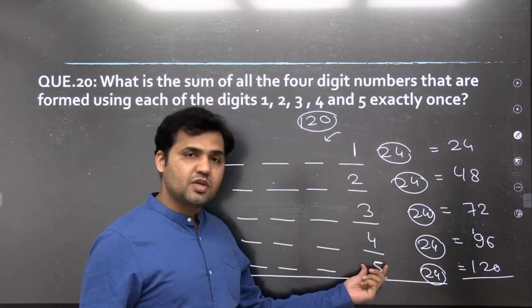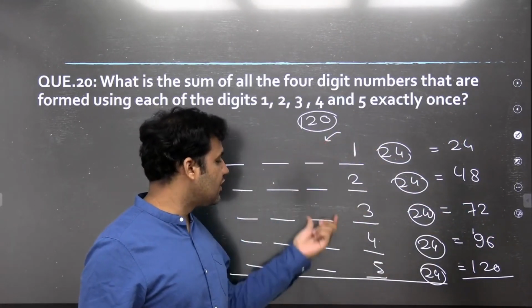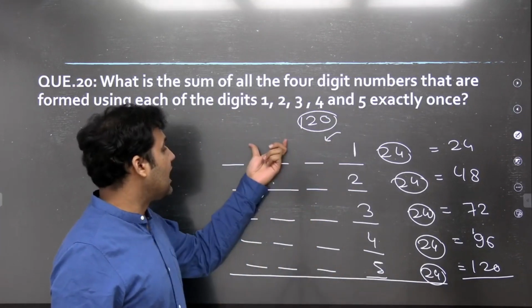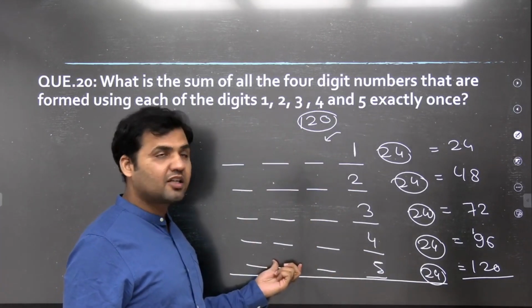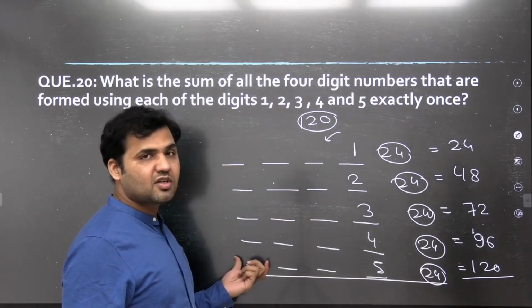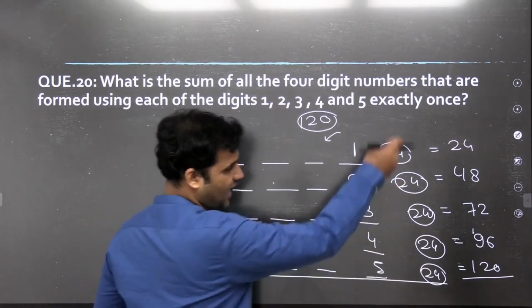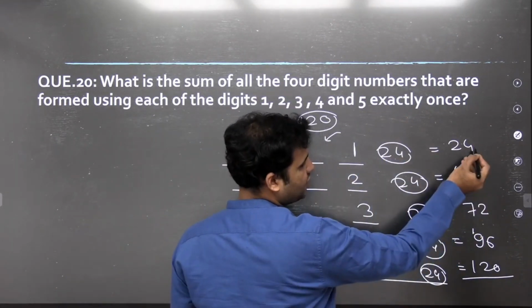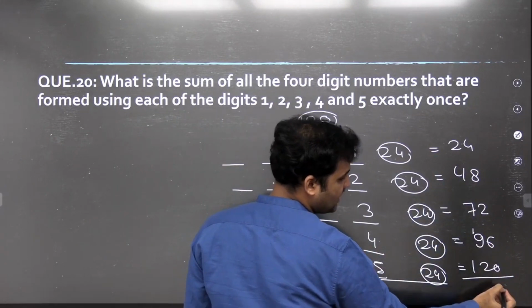It will come for the unit digits also. The same sum will also come for the tens position, and the same sum will come for the 100th position, and the same sum will also come for the 1000th position. So when I add all these numbers, 8 plus 4, 12 plus 2, 14 plus 6, 20, 0, 2 will